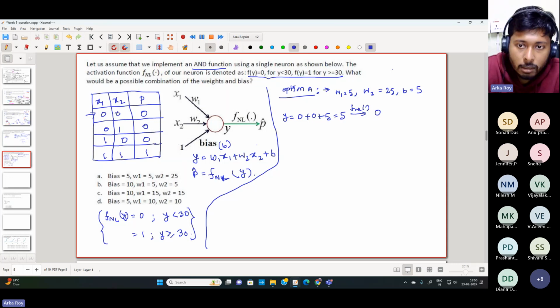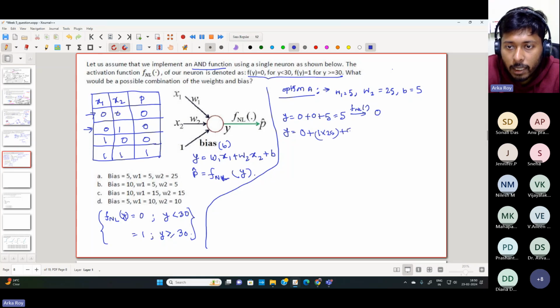So let us go for the second case, 0 1. So y will be 0 plus 1 into W2, and W2 is 25, so 1 into 25, and then B, which over here is 5. So the total is how much? 30. Now if you apply FNL, you can see that when y is equal to 30,